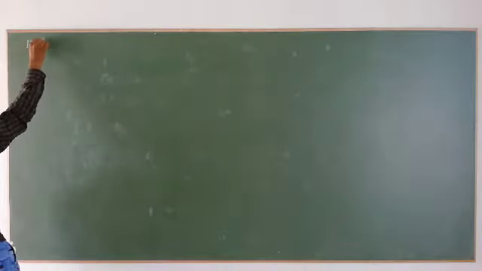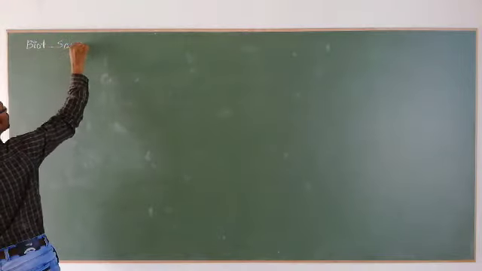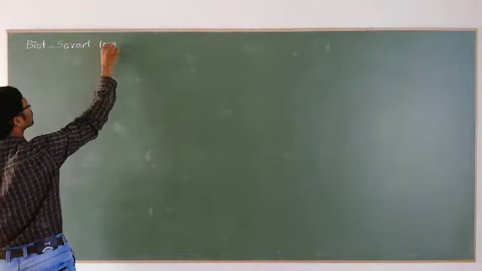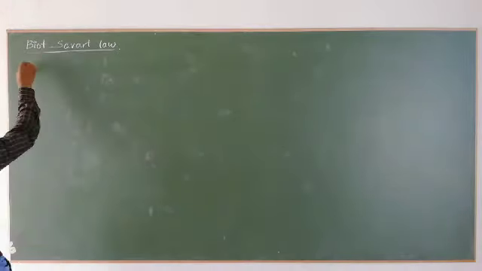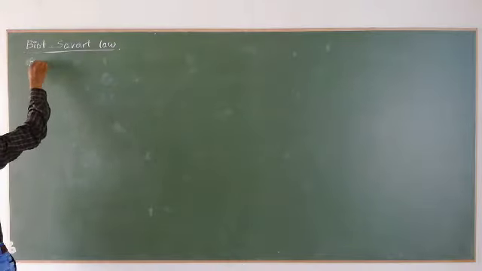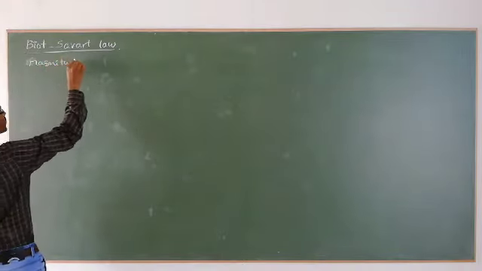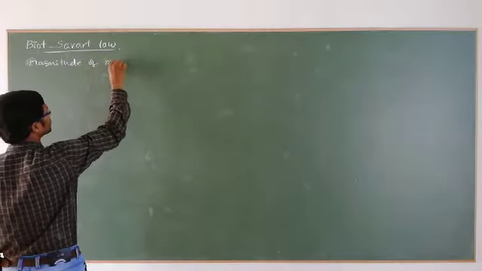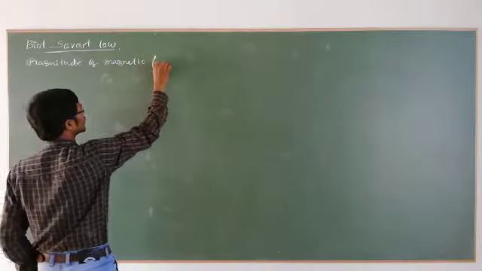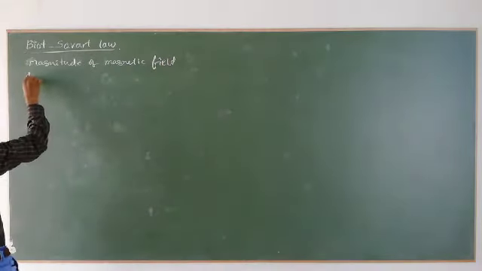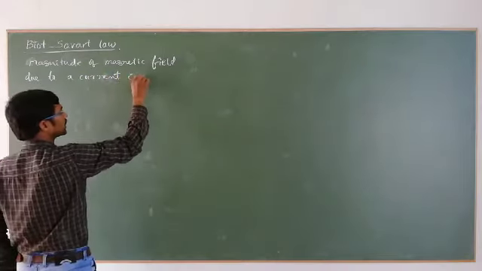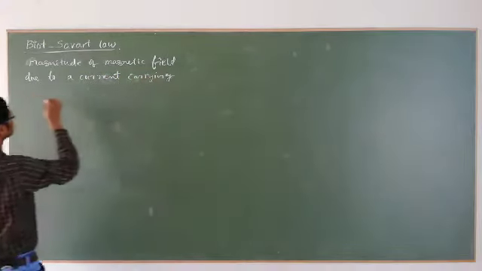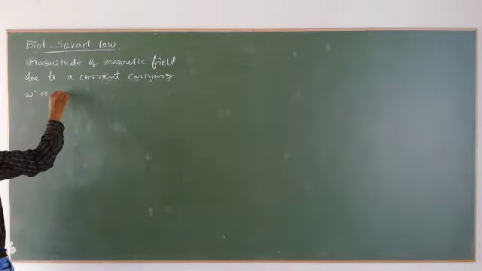First of all, the Biot-Savart law. According to the Biot-Savart law, it is used to find the direction and the magnitude of the magnetic field due to a current carrying wire, at a distance